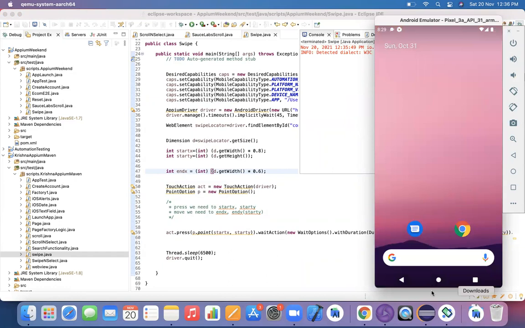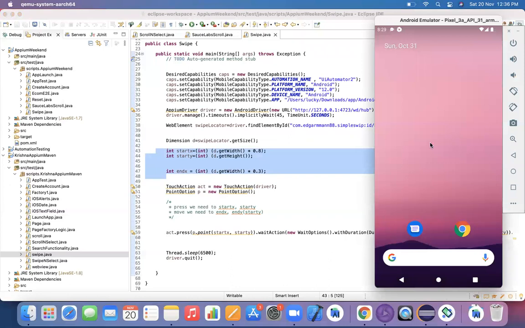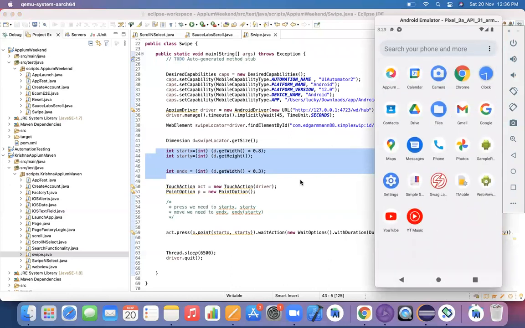These coordinates are playing a crucial role for us, guys. Whenever you are dealing with your application, you need to consider these coordinates. If we are not giving appropriate coordinates, then the script will not work.